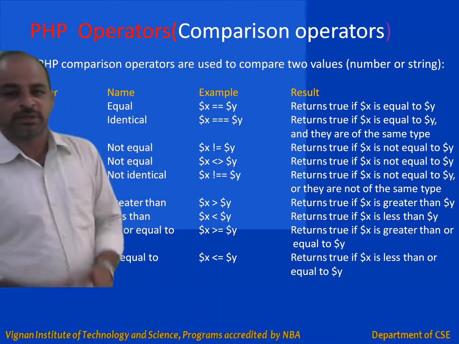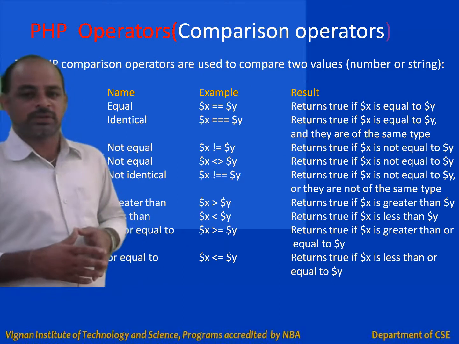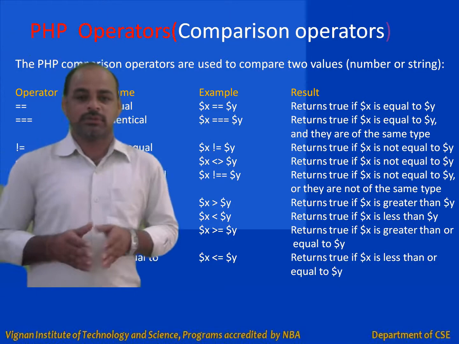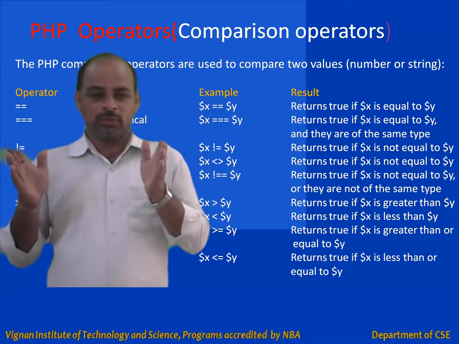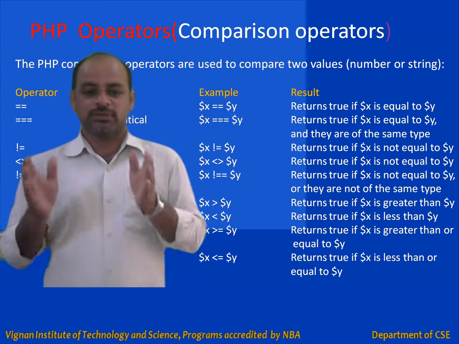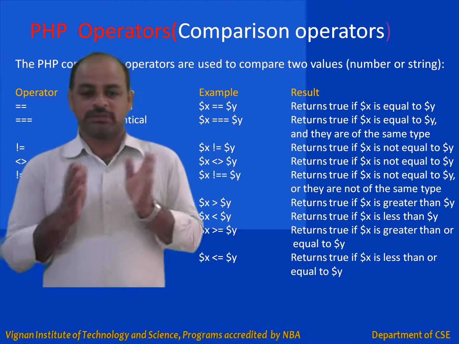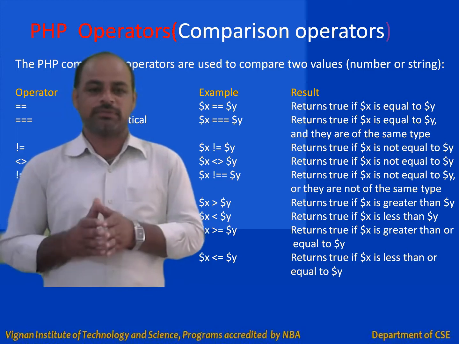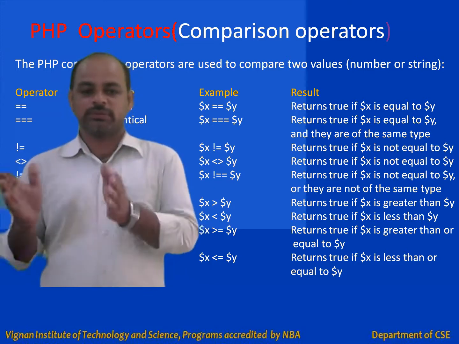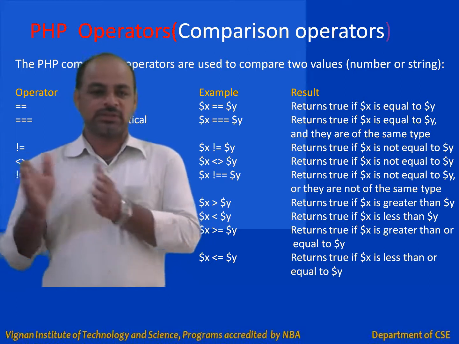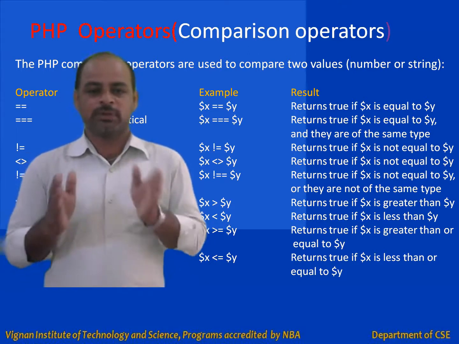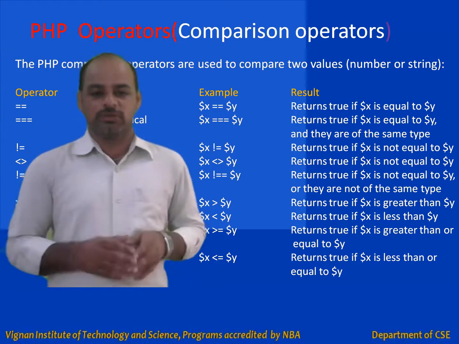So next, another kind of operators are comparison operators. The basic purpose of these comparison operators is for comparison of two quantities, right? The quantities can be represented as values or can be variables here. So comparison of two variables, the variables will have some values here. After comparison of two quantities, it returns the result as a Boolean value. The Boolean value can be either true or false, right?